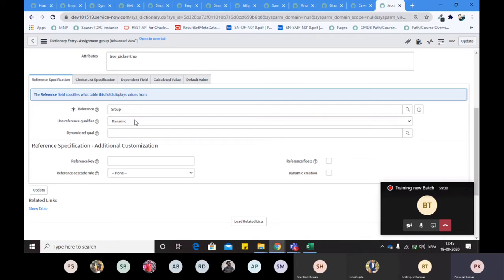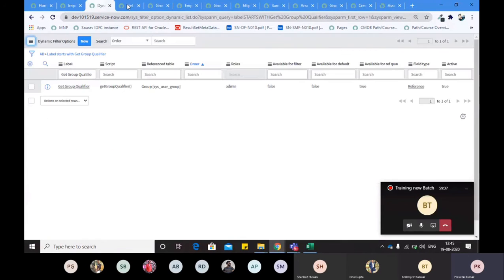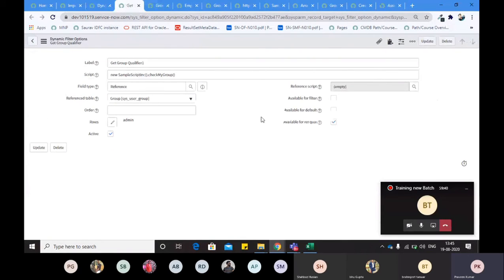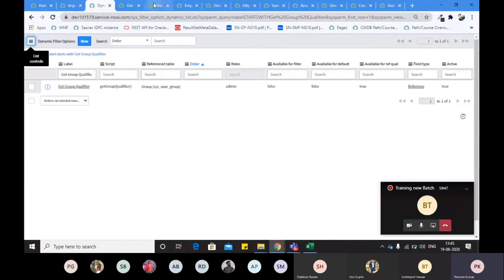But the difference between a dynamic and advanced is, whenever you are creating the dynamic reference qualifier, it is not created majorly for the reference qualifier most of the time. It is made available for the filter. For example, let me show you.